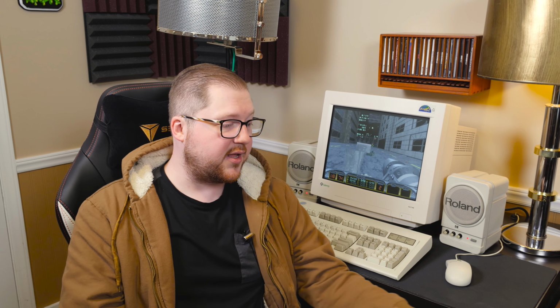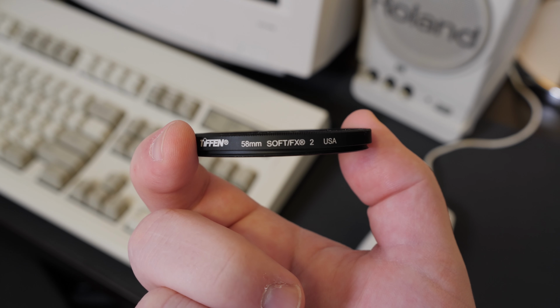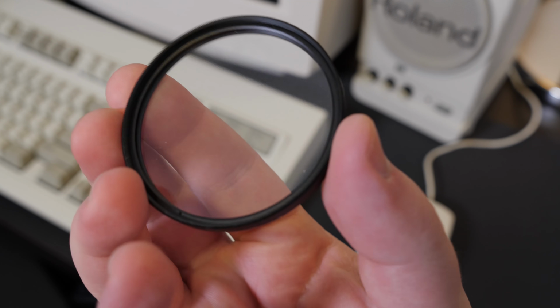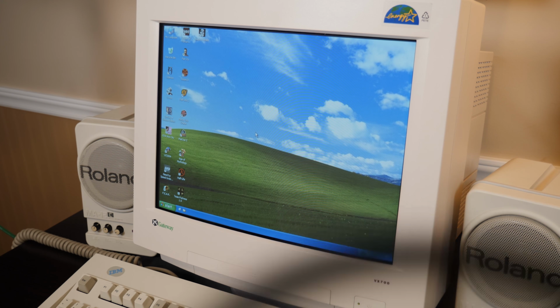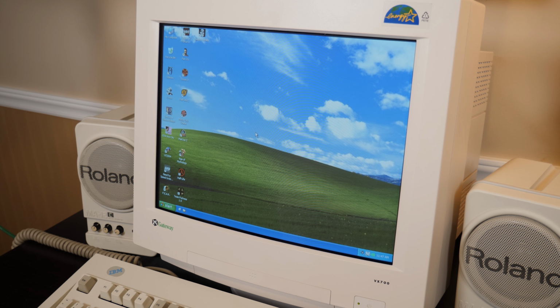There's almost always going to be that with certain cameras and certain angles and situations, depending on how you're focusing. Another thing that I've tried is using different diffusion filters. Like this one right here is a Soft FX2 something or other. I've tried probably 10 of these. I don't like how any of them look. They do eliminate the pattern, or decrease it, on certain sharper cameras like the GH5, but it makes everything soft, and I'd rather just have a portion of the image softer, and you can do that in post, so I just don't do that.